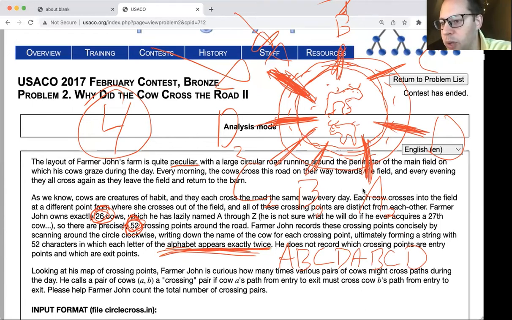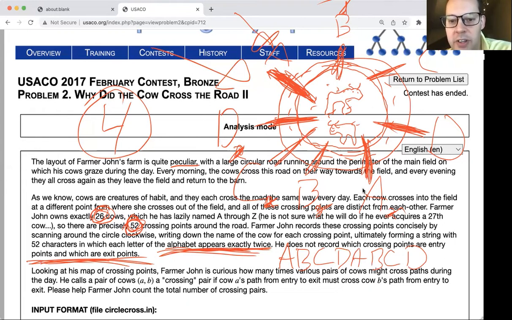He does not record which crossing points are entry points and which are exit points. Yeah, so we don't have to distinguish between the A1s and A2s. It's just A, B, C, D, A, B, C, D. Looking at his map of crossing points, Farmer John is curious how many times various pairs of cows might cross